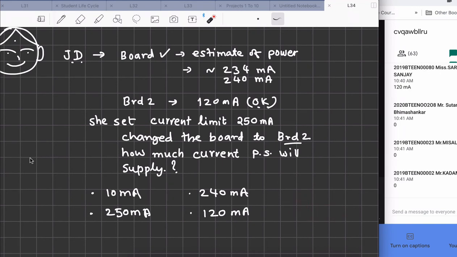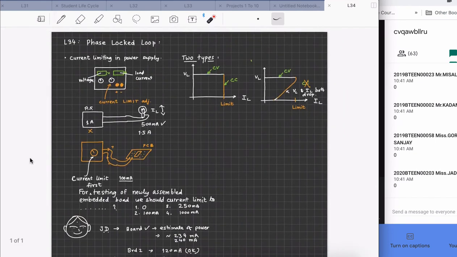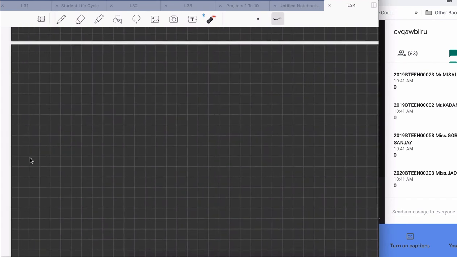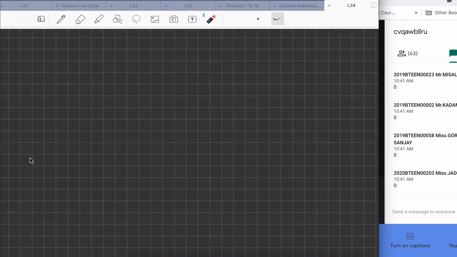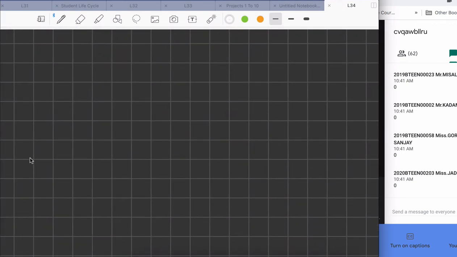Right. So these are the things which we wanted to learn. Fine. So this is enough about the current limit for today. We will take up this topic once again in some different session, where we will learn the hardware of the current limit also. But today we will start learning what is called a phase